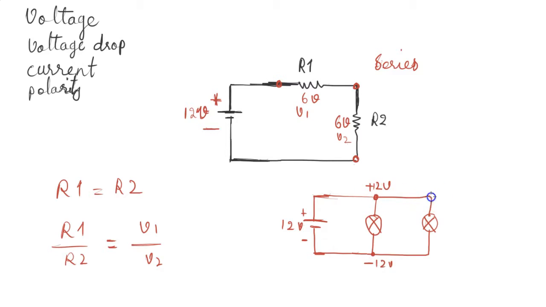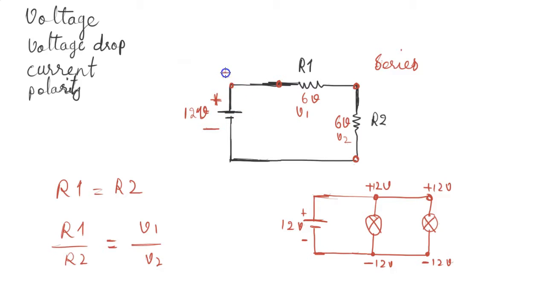And the same thing goes here, positive 12 volts and negative 12 volts. So basically the full voltage of the voltage source is on both the lamps, so both of the lamps are much brighter. But over here